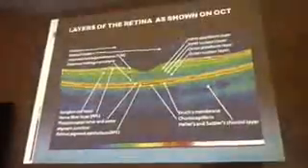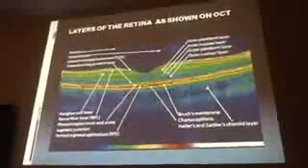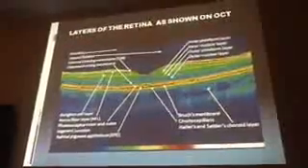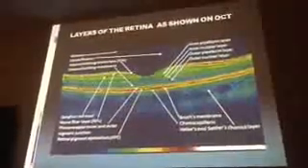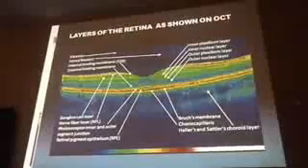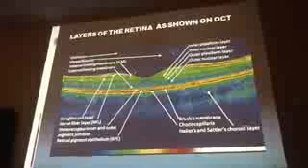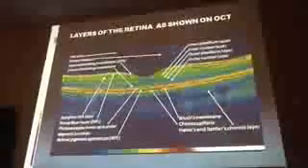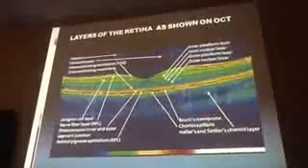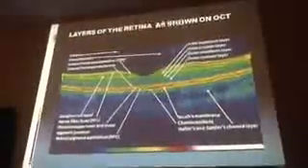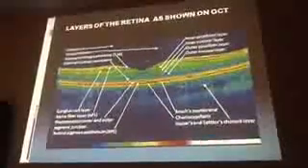Now here, this black area is the vitreous. What you're seeing, these white zones, are the vitreal floaters. And then you have the internal limiting membrane, that's a line here. Then you have the external limiting membrane, that is here. The internal is here, the external is here. And then the next one you have here, this red area, is the nerve fiber layer. And then the next area after that, green, is the ganglion cell layer.